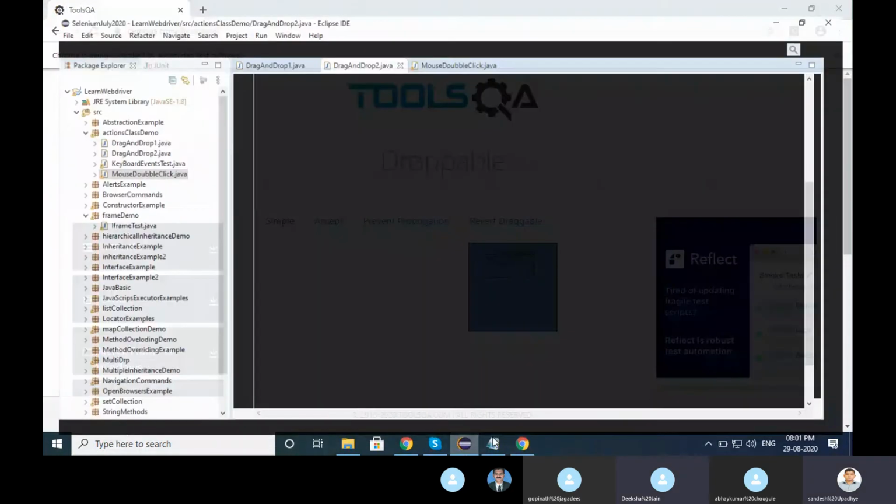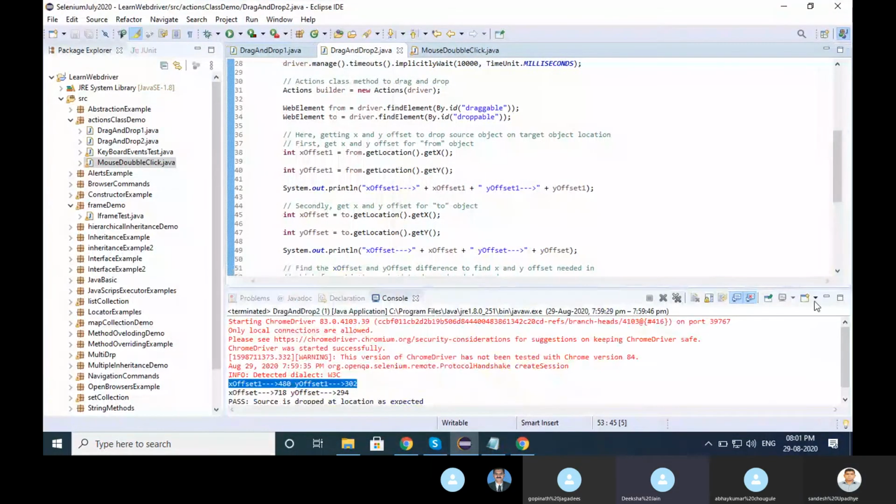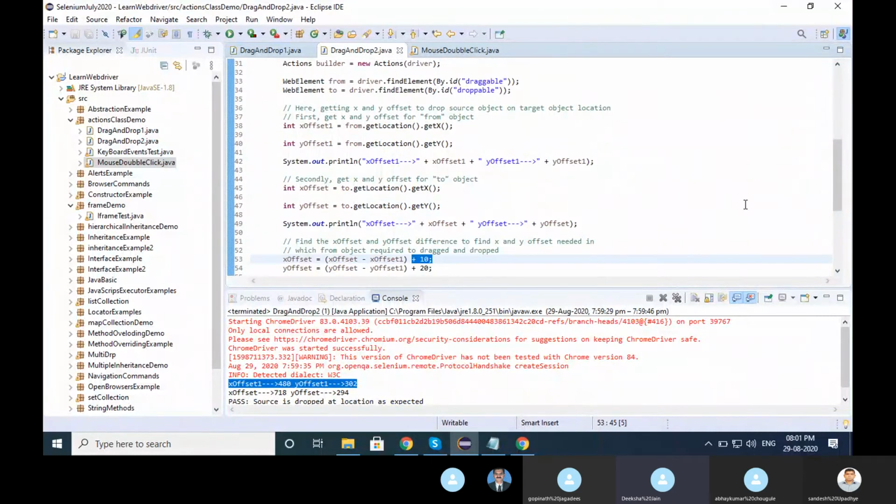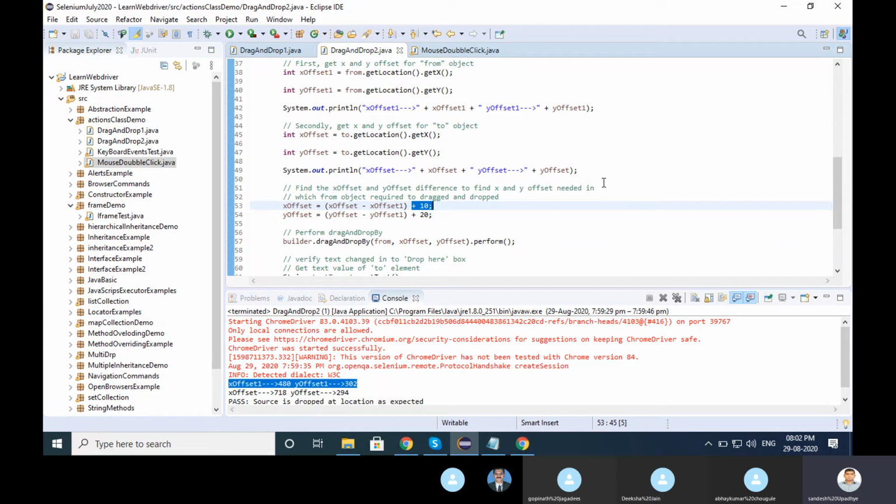In offset 1 they are taking the location of the drag me element. In offset they are taking the location of where the object needs to be dragged. So basically they did the calculation first, before adding the 10 and 20. They check where the coordinate wants to go and where it wants to pick, and then they perform the action. For simplicity, I just took the ID directly. If we take the ID in the cell name, it is very simple. Here they did some calculation, and after that they set the coordinates.